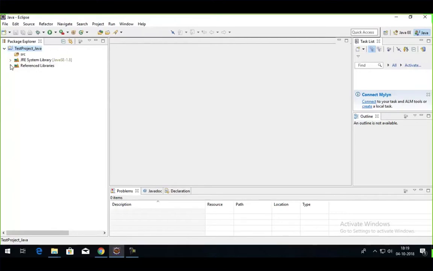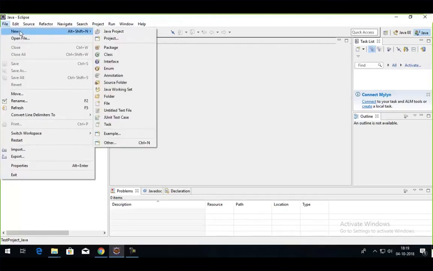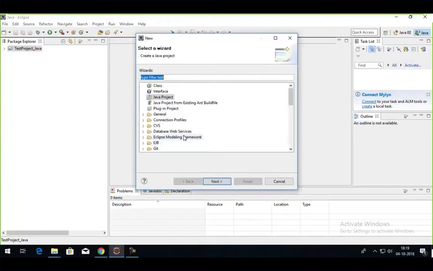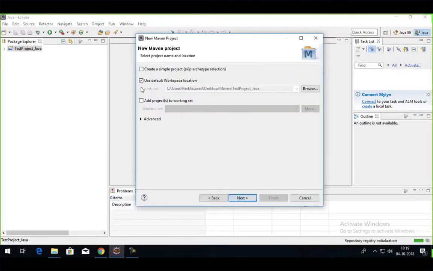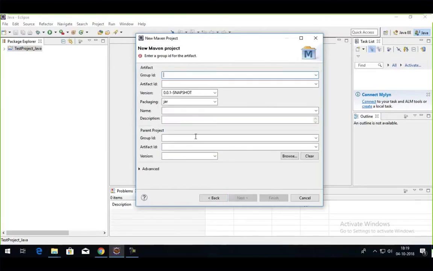Now let's see how the same process of adding the rest assured libraries works with the Maven project. In order to create the Maven project, you have to go to the file section. Again, go to new, go to other, and find Maven from this list. So here is the Maven. Click on Maven, select Maven project. Okay, next, and on the next screen, these are the options. We will click on create a simple project. I'll tell you the other option also when it's required, but right now I'm just showing you how a basic Maven project looks like.